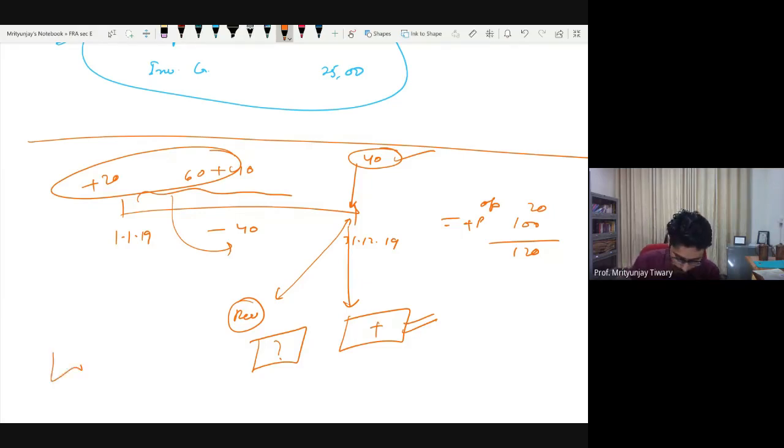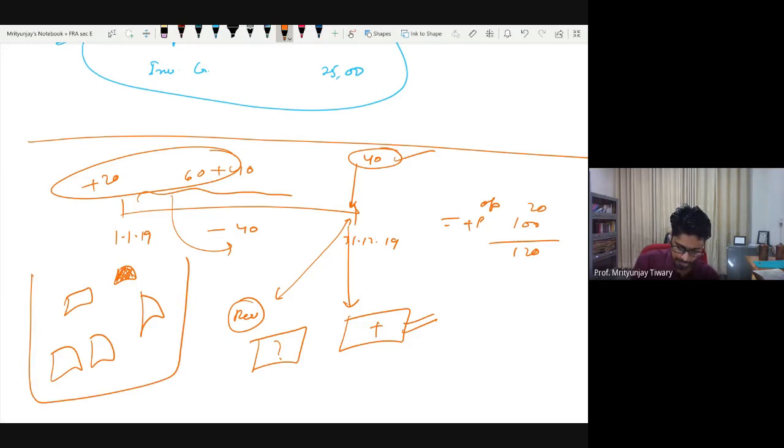Let's say there are these 5 pieces lying with you, whatever inventory. And this piece is what you have doubt about. This is the piece of fridge which you sold at the last moment. Now the point I'm trying to tell you is that first of all, you need to make a distinction. Okay, let me draw a godown. This is my godown. First of all you need to identify: can you recognize this fridge as a sale in this period, or do you want to wait till next period?